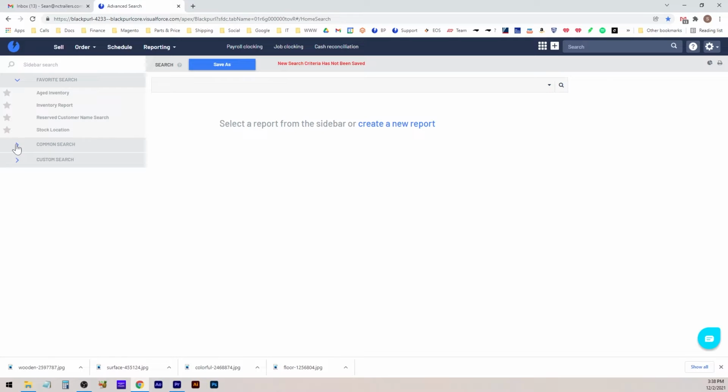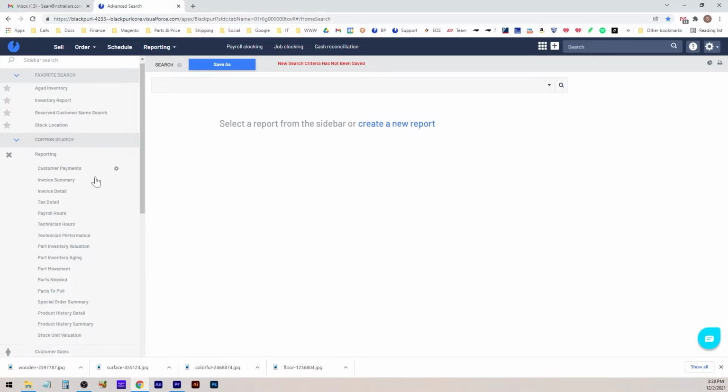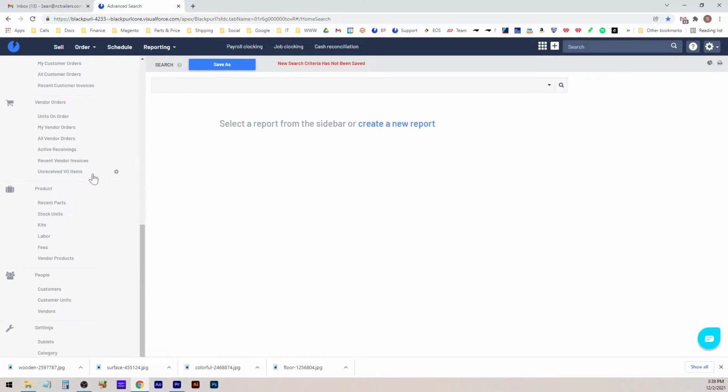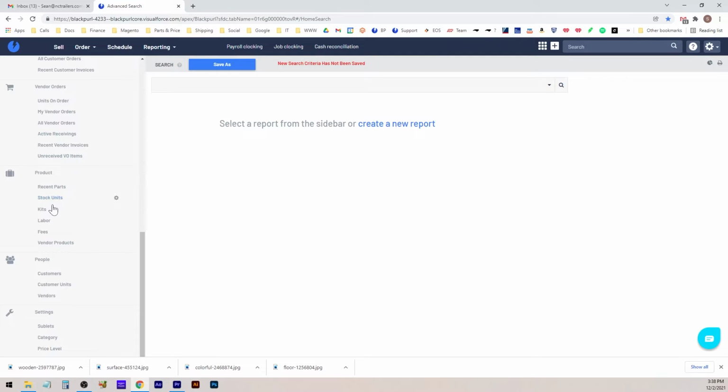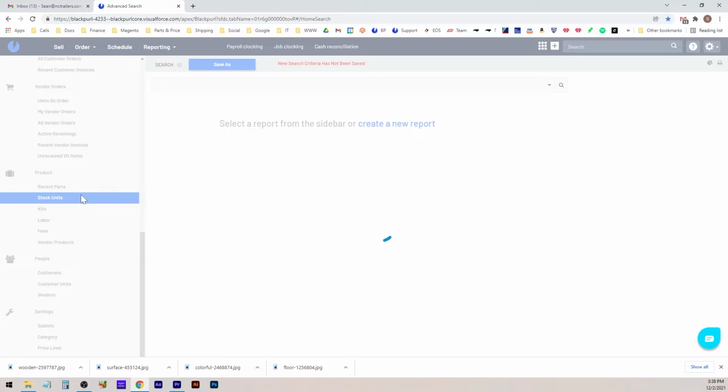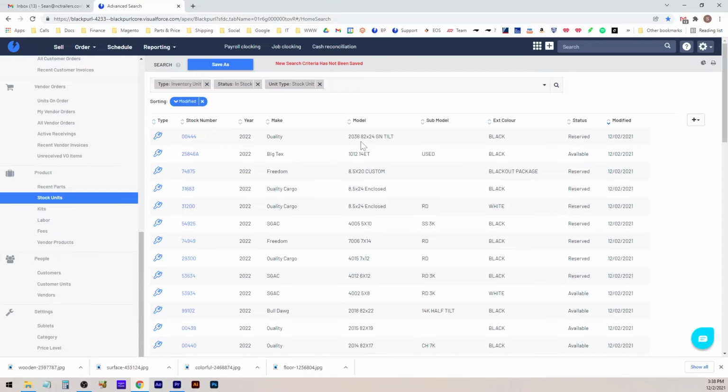So I'll go down to common search, hit the arrow, scroll all the way down to where you see a suitcase that says product, and you're going to want stock units. Now what this should do is it'll provide you a general report showing every unit we have in stock, whether it's reserved or available. Give you some other pieces of information like the make, which is the brand, the model,